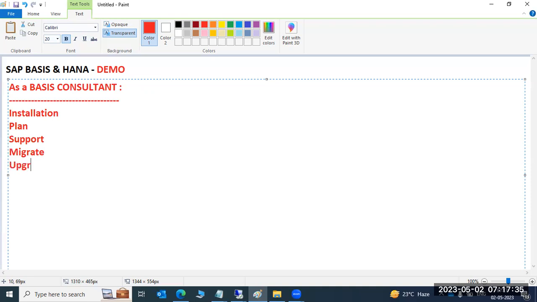Then we have to upgrade their applications, and support their applications as well. And depending upon the business scenario, we need to perform the configurations.